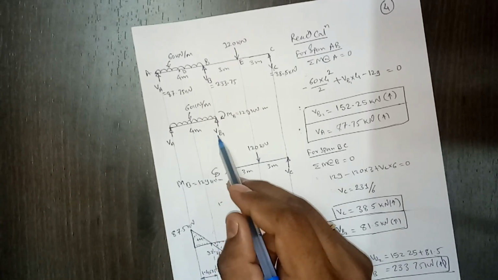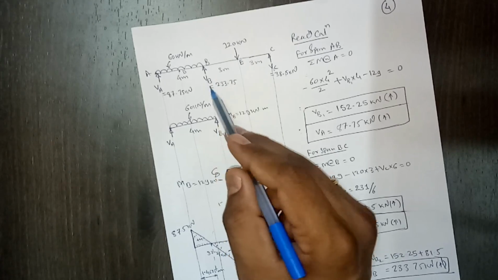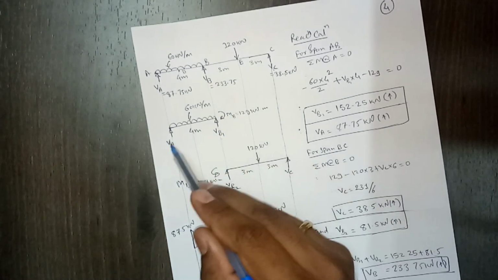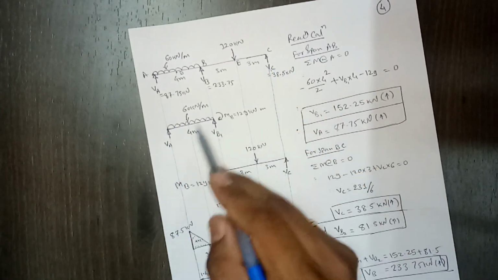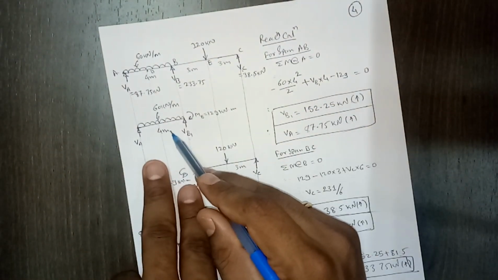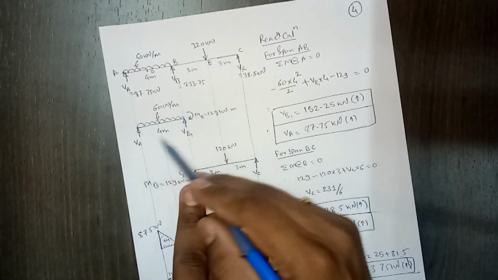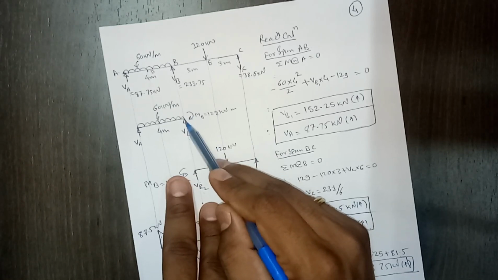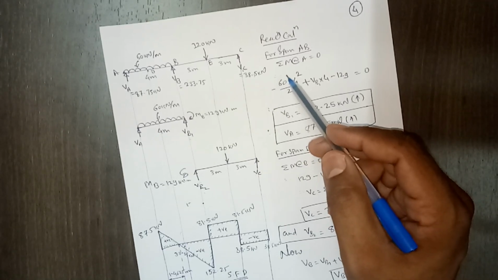Now since this VB is the final vertical reaction, it will be the addition of these two vertical reactions, right? And then VA and VC, definitely there is no other span, so whatever value we calculate for this beam will be the value of VA. So now these two beams are simply supported, like a simple problem which we have already solved, or this is just like an example of a simply supported beam which has some moment at the B end, right? So now we'll calculate that.